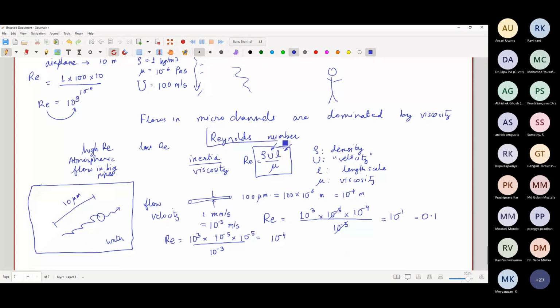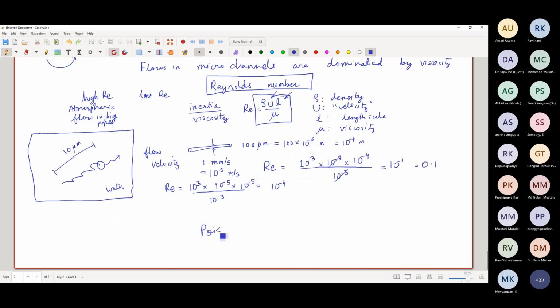In the next part of this session, which will start after 5 minutes, we will look at the mathematics of what is known as Poiseuille flow. I mean, we call it Poiseuille, but it's a French name. So we will look at this and how we can derive all the important